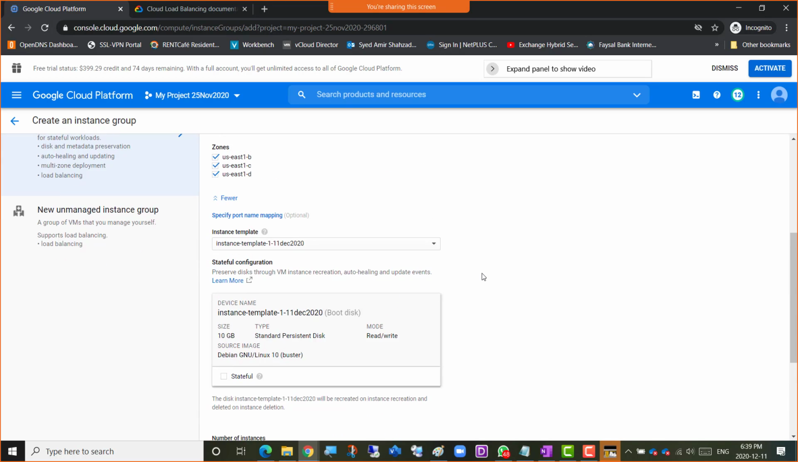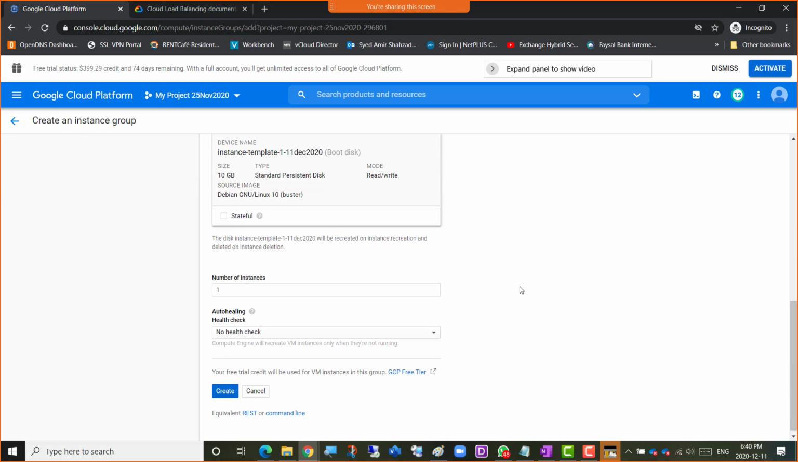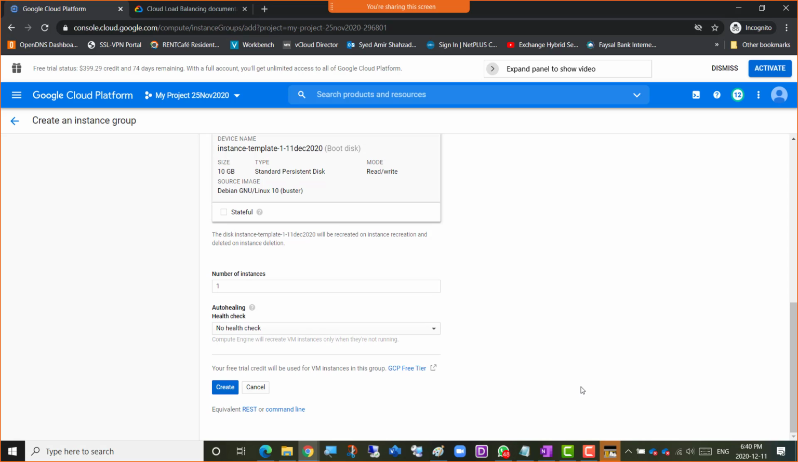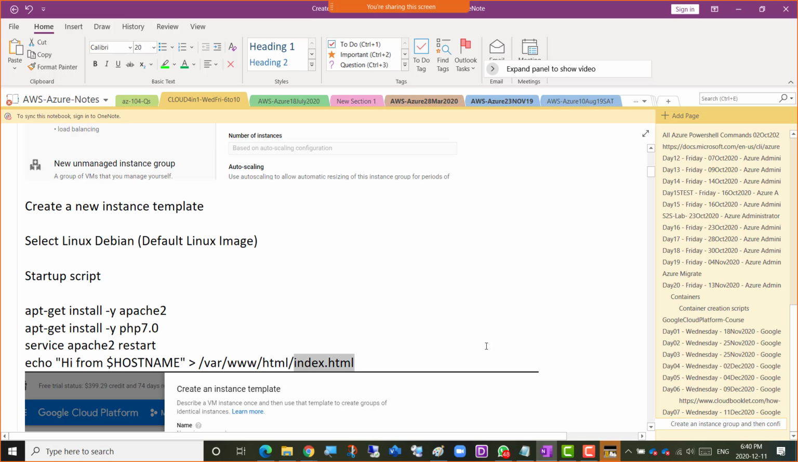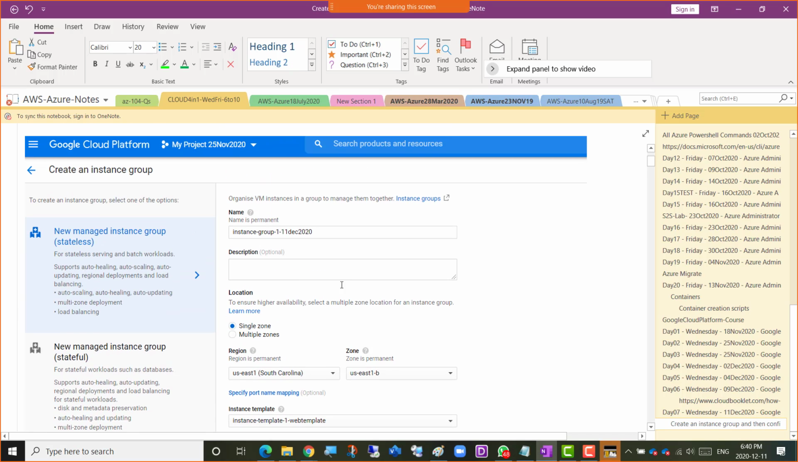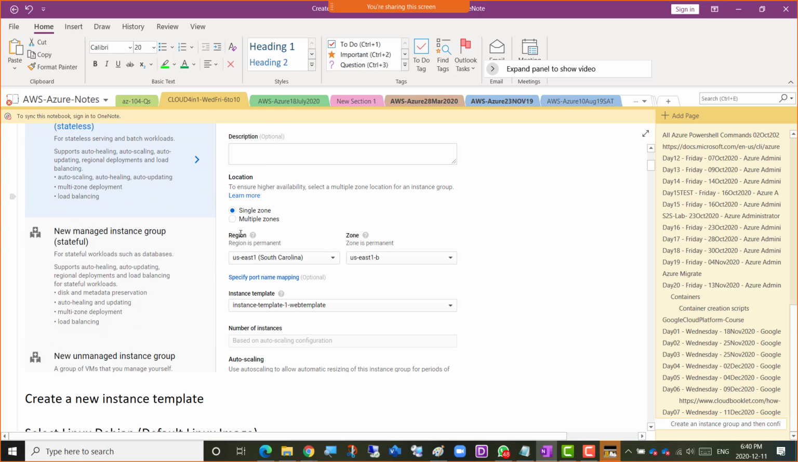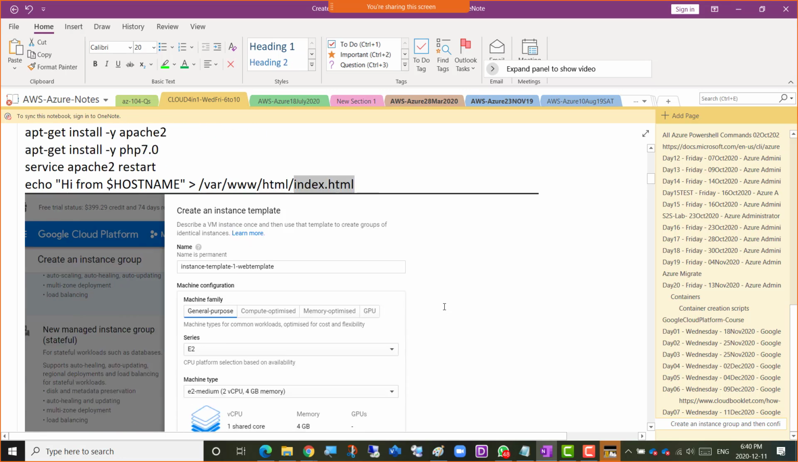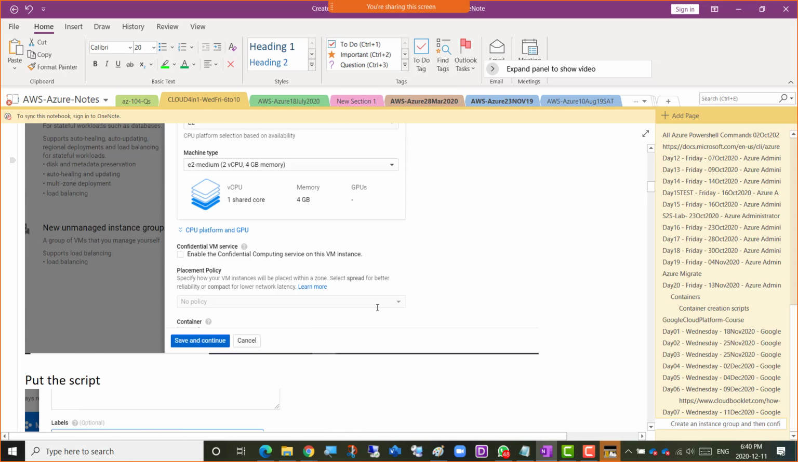Stateful. So if I selected instance template, and it's still asking the disk, instance template 1 will be created on instance creation and deleted on instance deletion. So it is stateful, and okay, see this. So guys, what I see later is, now you can see that I used everything stateless, right? I just used stateless. I didn't use multiple zones in my testing, so that's why inside the instance template,